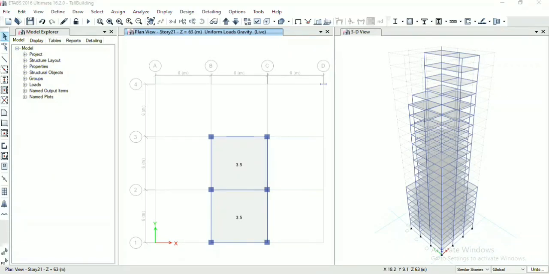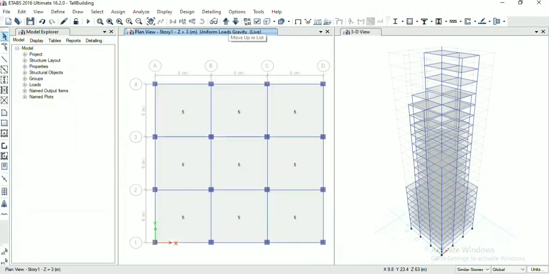And now we will apply cladding loads. For that, go to story 1 and now carefully select all the exterior beams.